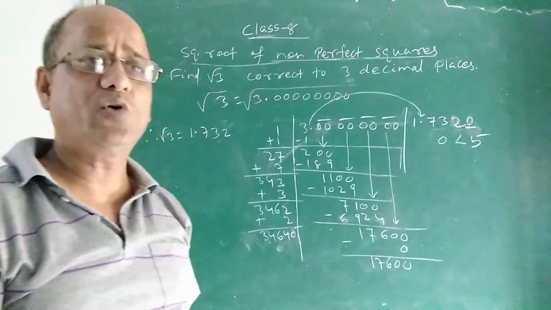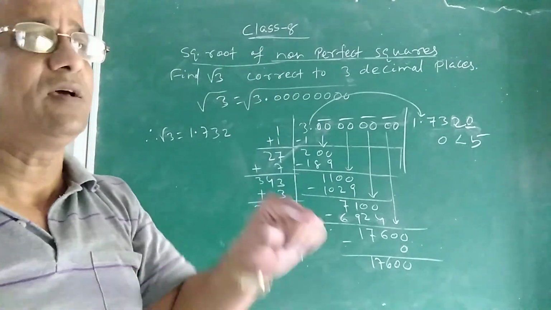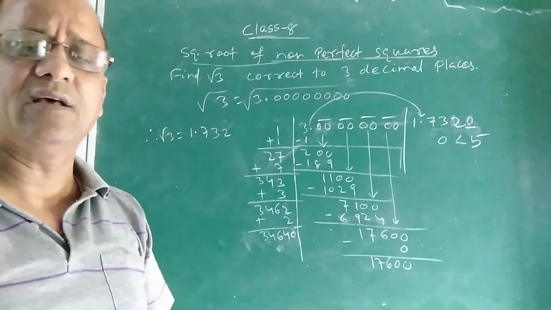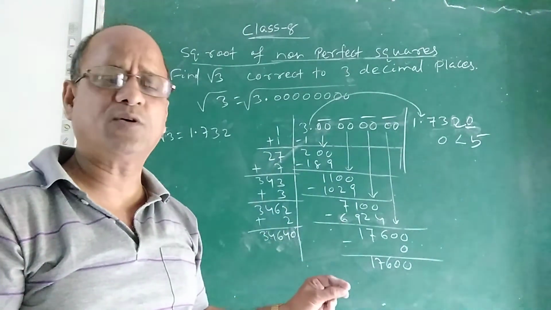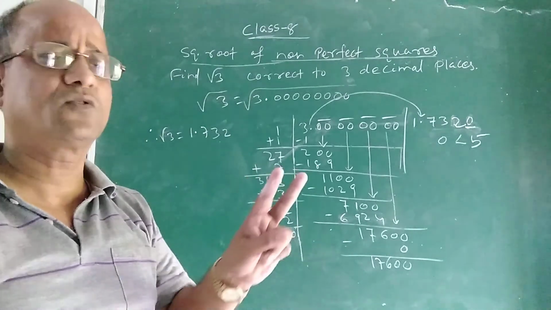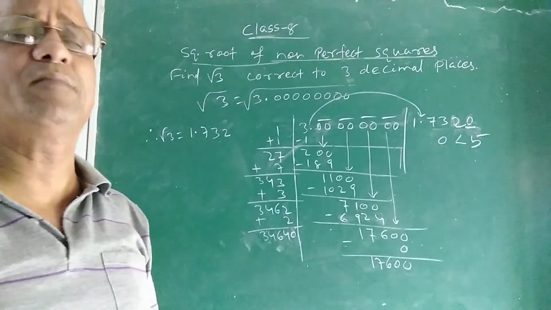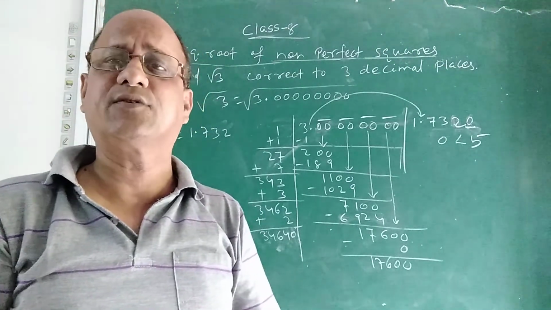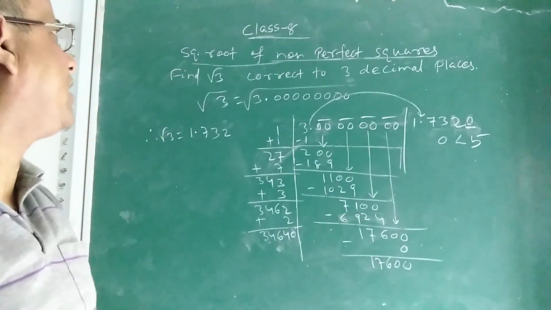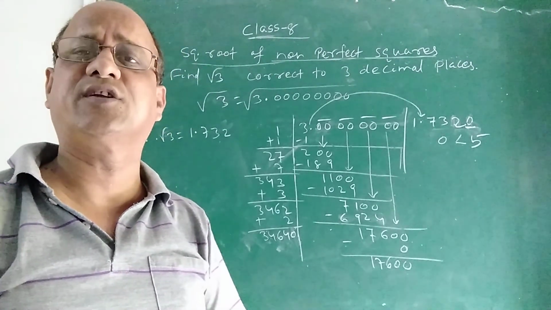Children, in this way you can find the square root of any non-perfect square, correct up to some places, namely 2 places, 3 places, like this. You can also find it correct up to 4 places, but in almost all problems, generally we find the square root correct up to 3 places or 2 places. So I hope children you must have understood. Okay. And in the next class we will discuss another method, how to find square root by estimation. With this we completed how to find square root of non-perfect squares, perfect squares, etc. We will discuss the last method, that is estimation, in the next class.